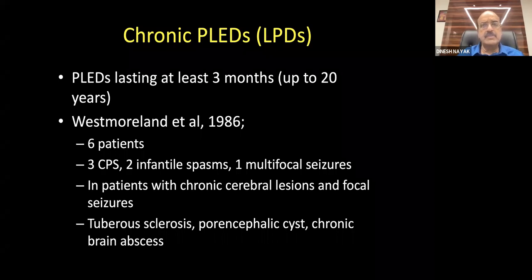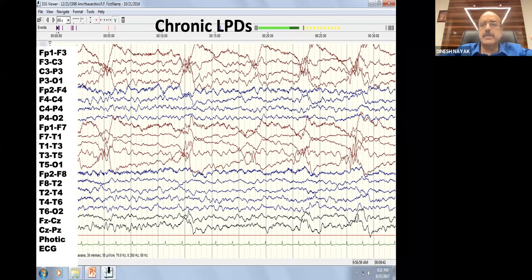I'll show you one example of a chronic PLED. Now, why do you say it's a chronic PLED? Because this patient had an injury long back, and the patient is completely normal actually. Patient is walking around, but has a mild right hemiparesis because of an old insult. And you can see that this is a very nice lateralized periodic discharge happening every 2 seconds on the left side. On the right side, the background is fairly okay, no problem. And that's what is called chronic PLEDs because of a chronic old injury to the left hemisphere, but the PLEDs is persisting.